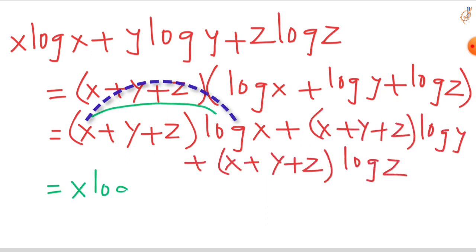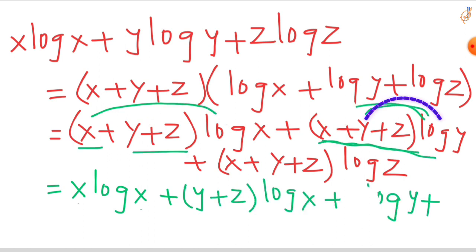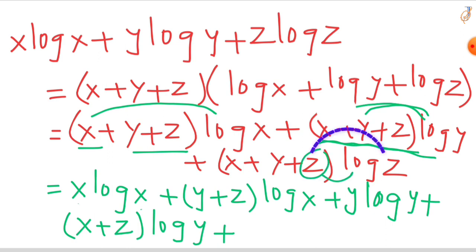So x log x plus y plus z log x, from here y log y plus x plus z log y, plus z log z plus x plus y log